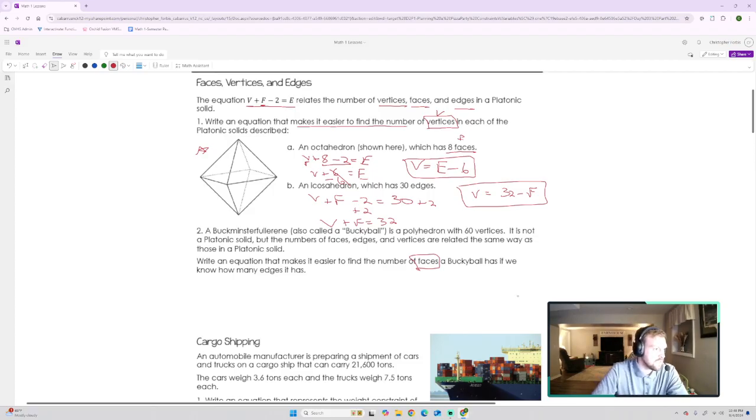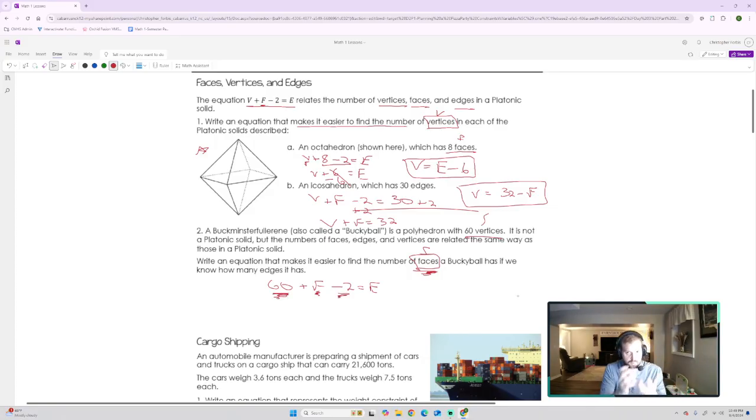It says that we have 60 vertices. So instead of a V, I'm going to put a 60: 60 plus F minus 2 equals E. We want to make it easy to find faces F, so I'm going to get F by itself. It looks like I have a 60 and a minus 2